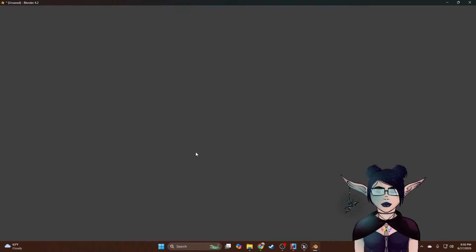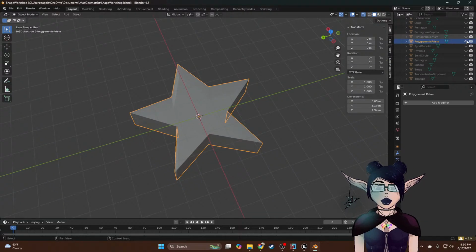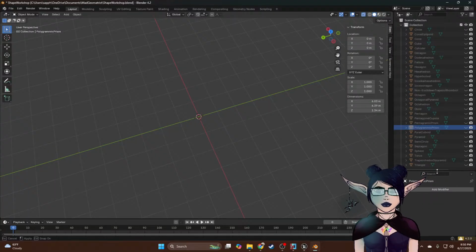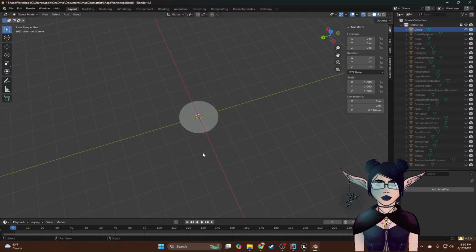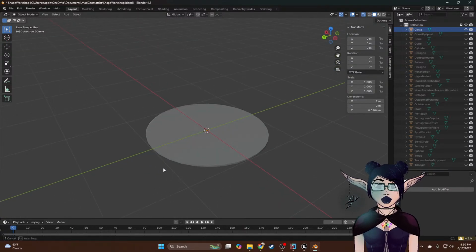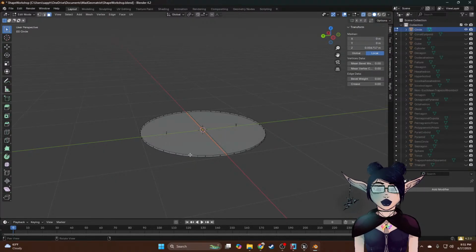So these are all of my shapes that I made today. And what's probably going to need to happen is I'm going to need to make it easier kind of in the long run,